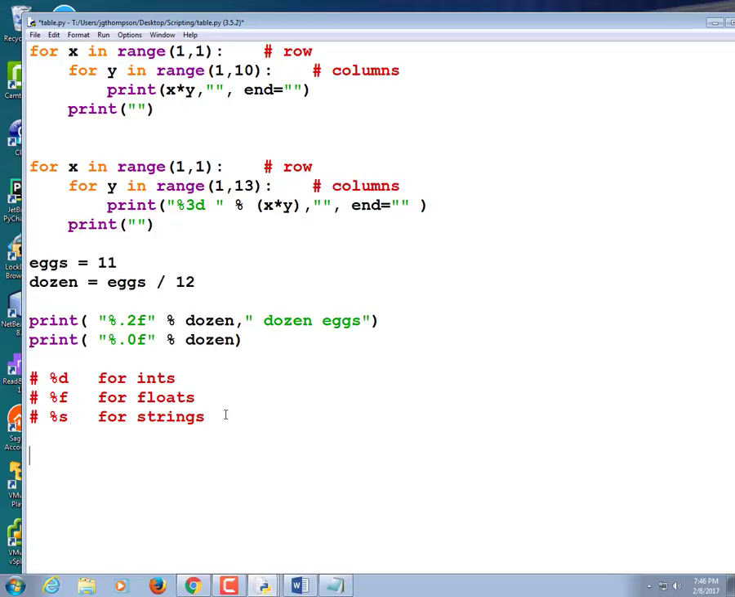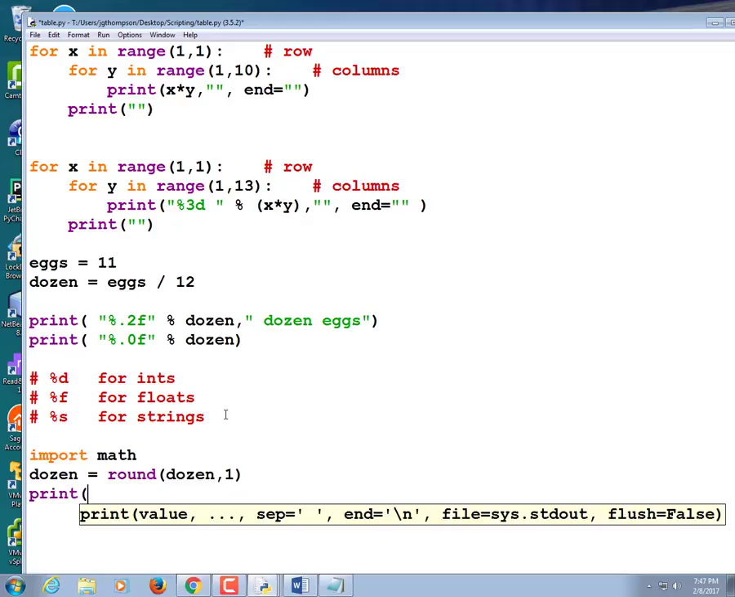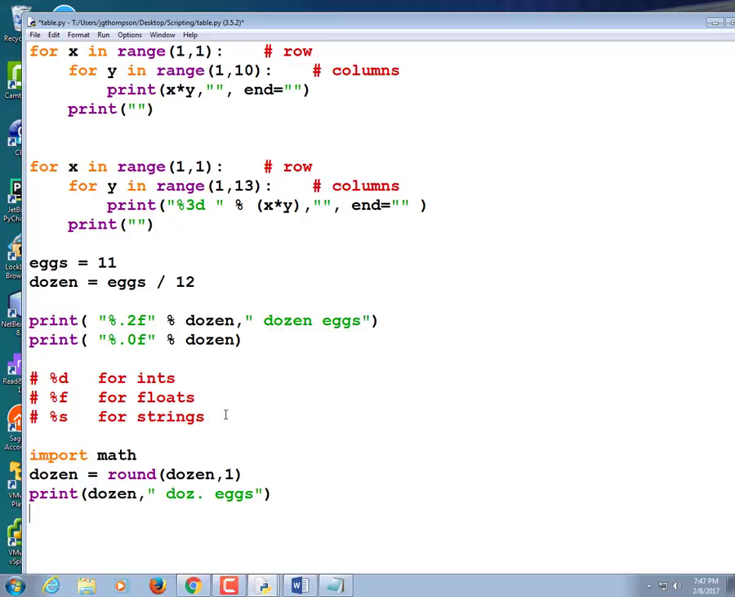Round. Is there a function round, or did we have to import math? I think we had to import math. So, import math. Dozen is equal to round dozen out to one place. And then let's print that out. Should we put our import right down there at the bottom? No, but